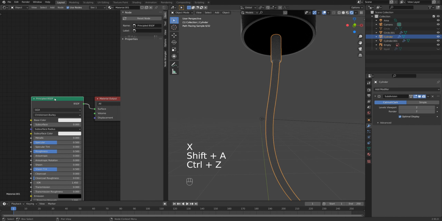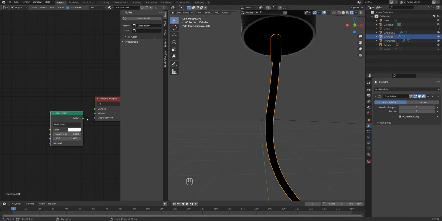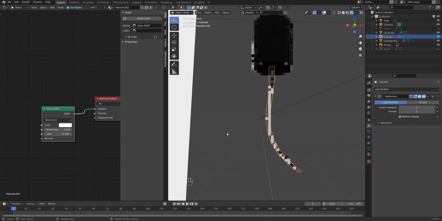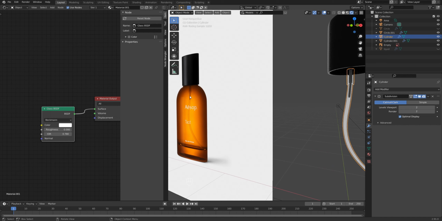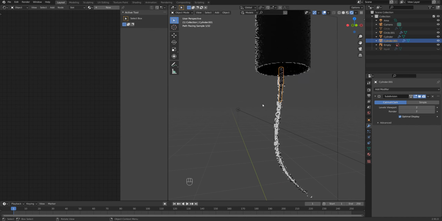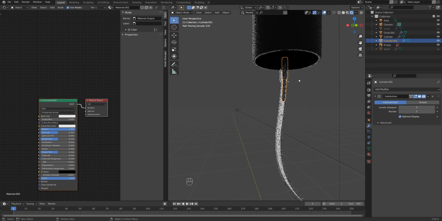Oops. I'm gonna delete this default shader and bring in glass shader. As I did before, I'm gonna decrease IOR to something like that, and let me see what's that thing inside. It's some sort of, I don't know, shiny thing. I don't know. Let's just make it kind of metallic, and